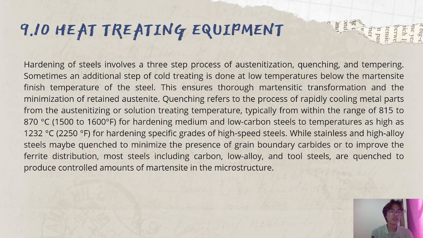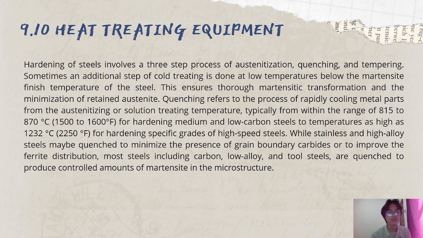In 9.10 is heat treating equipment. Hardening of steel involves a three-step process of austenitization, quenching, and tempering. Sometimes an additional step of cold treating is done at a low temperature below the martensite finish temperature of the steel. This ensures thorough martensitic transformation and the minimization of retained austenite. Quenching refers to the process of